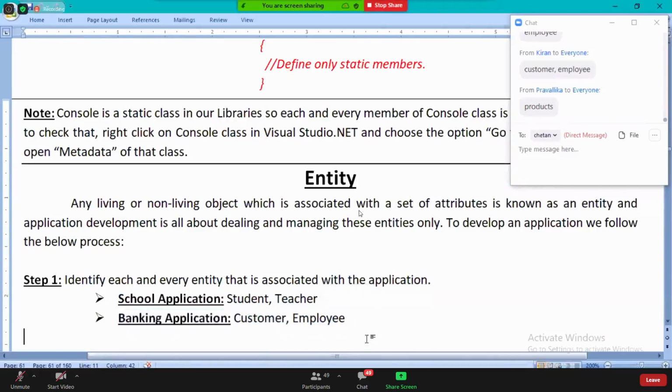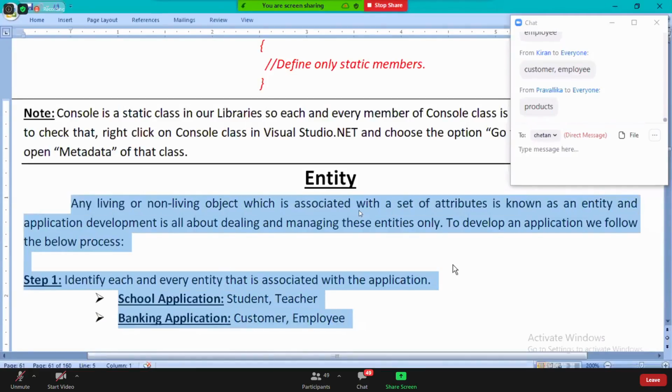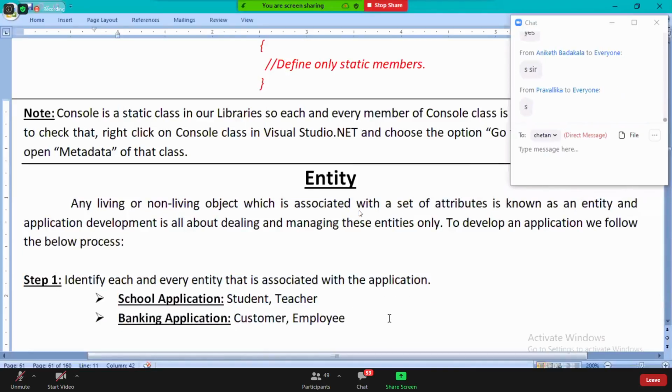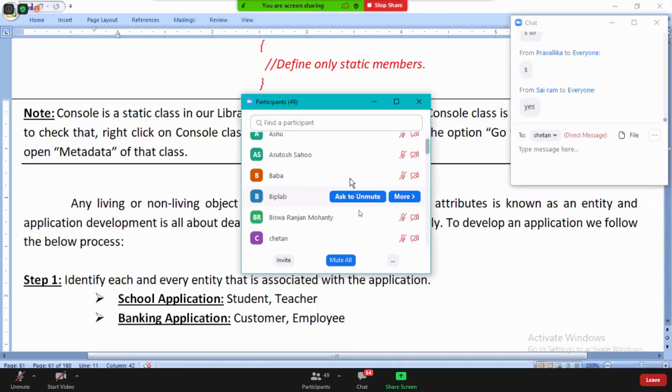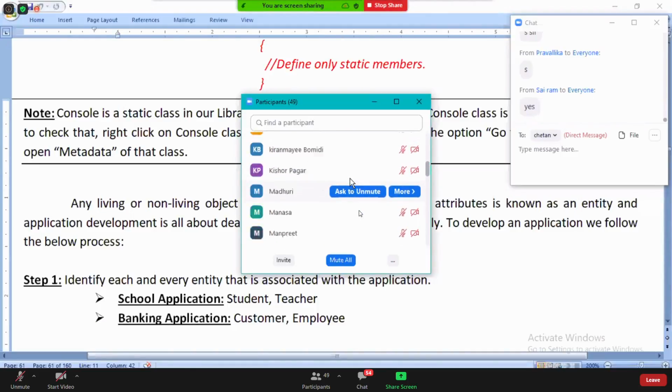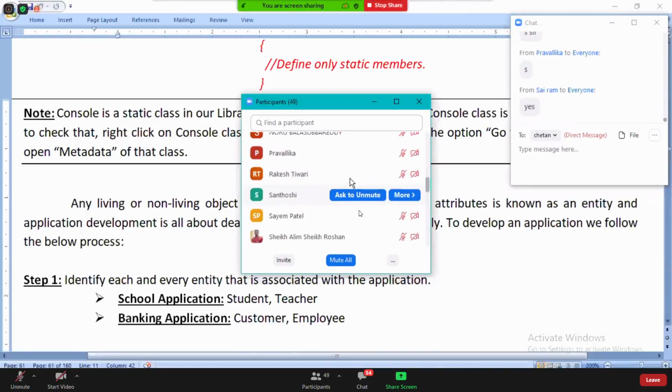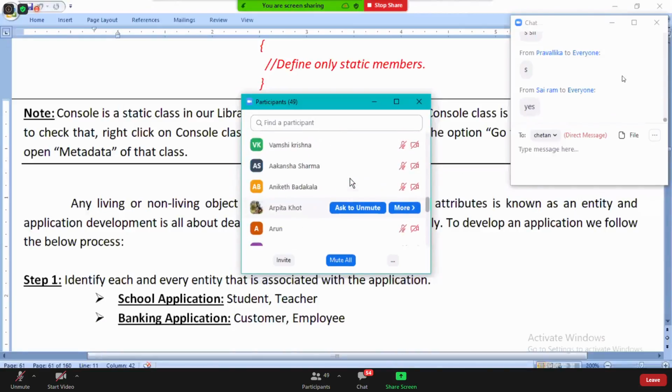So the first step in application development is we require to identify the entities. Are you clear till now, guys? What's an entity? So tomorrow, based on this, I'm going to explain a concept in tomorrow's class. A case study, how the ATM systems run in the real-time environment. We'll try to understand it in tomorrow's class. Am I clear to all? Okay, we'll see about this in the tomorrow session.